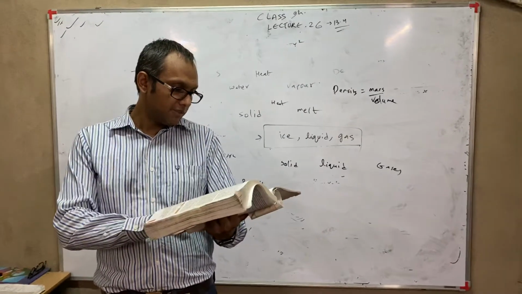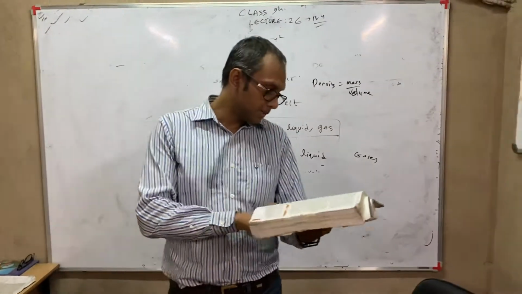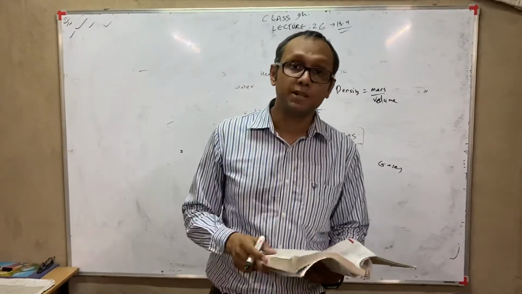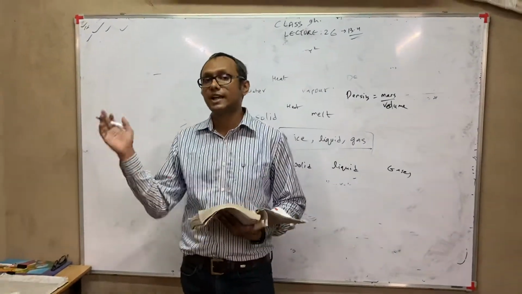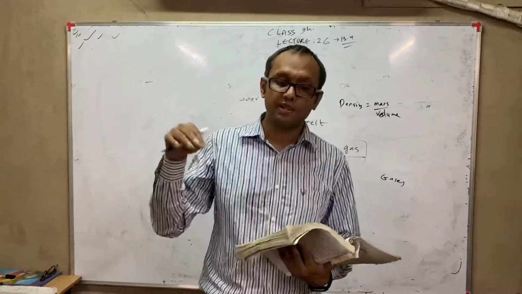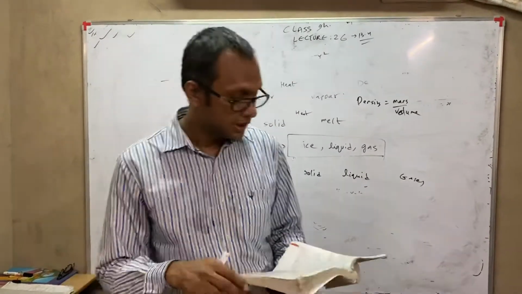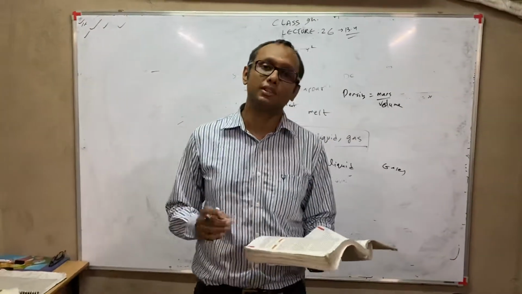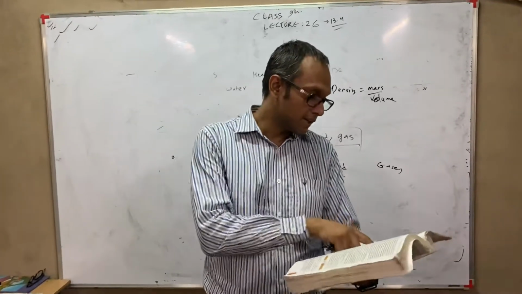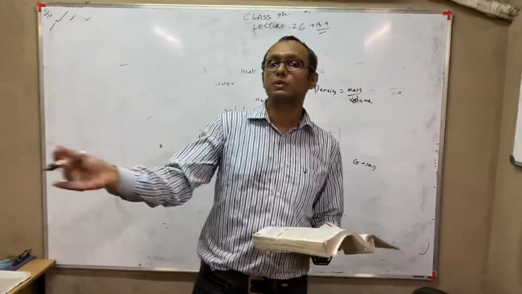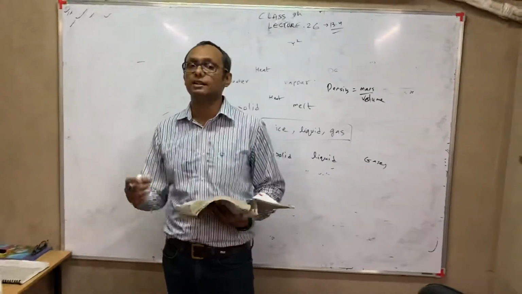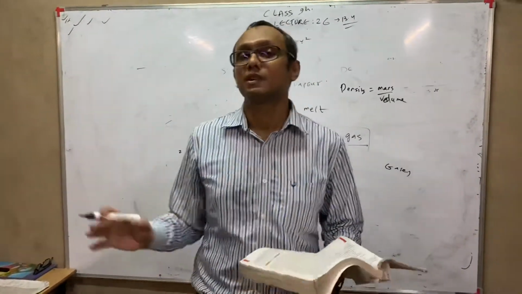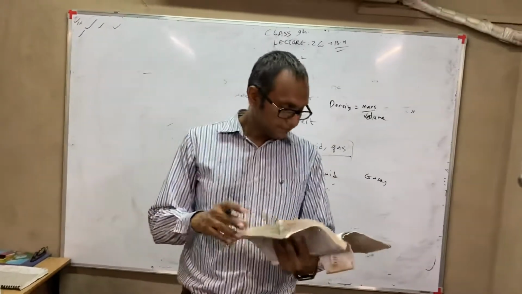Question number D: we can easily move our hand in air, but to do the same through a block of wood, we need a karate expert. This question is the same as that diver question, in which why is a diver able to jump into a swimming pool, and if you remember, the answer to that was the particles of liquid have space between them. Similarly, we are able to move our hand through air because air is a gas, and the particles are very loosely packed as compared to a block of wood in which they are more tightly packed.